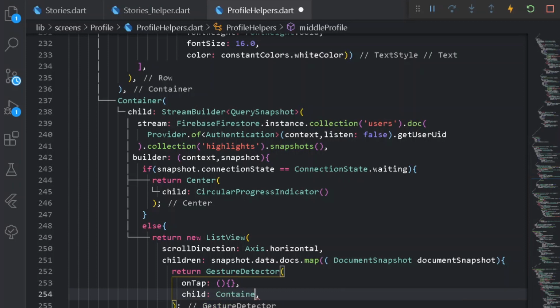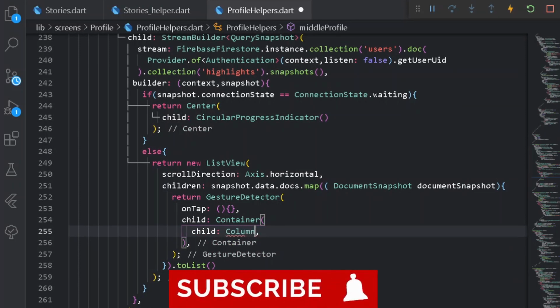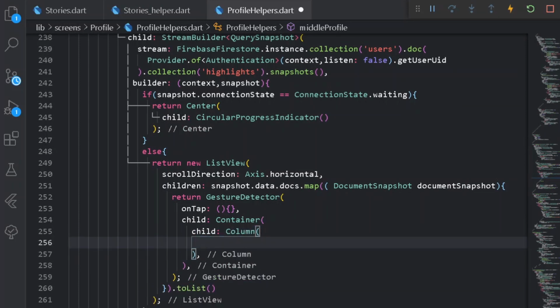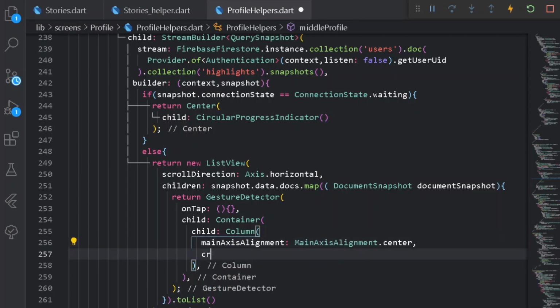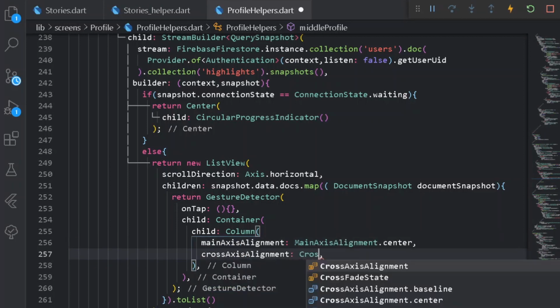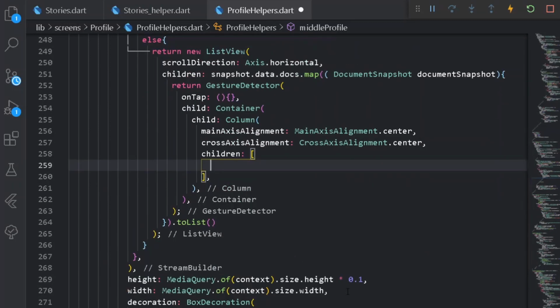So under child I can have a Container. So under my following container, first of all let's have a child for a Column, and under my Column, first of all let's have mainAxisAlignment of center, also a crossAxisAlignment of center, and after this, let's have the children. So under children, first of all I shall be having a CircleAvatar of the particular highlight.